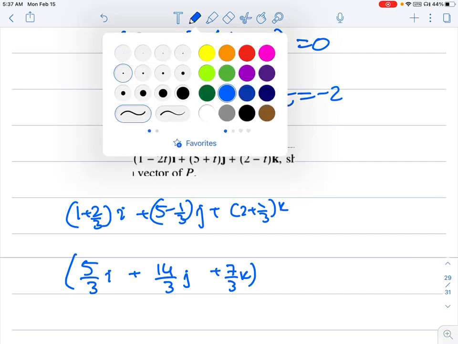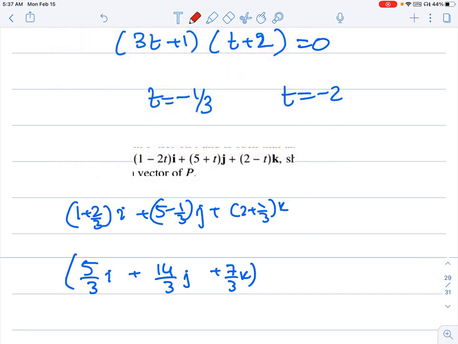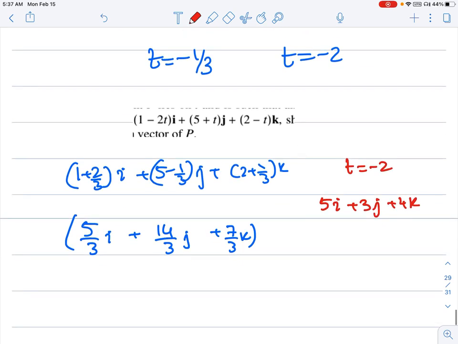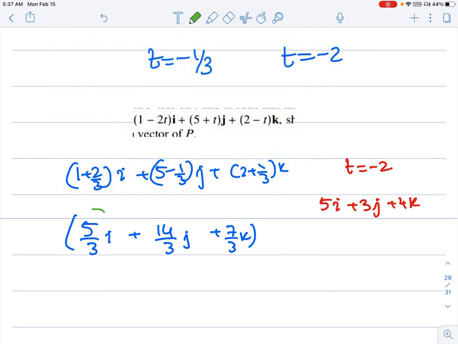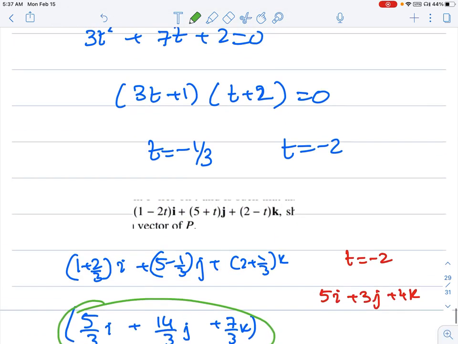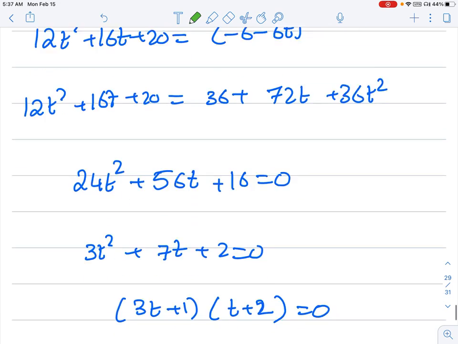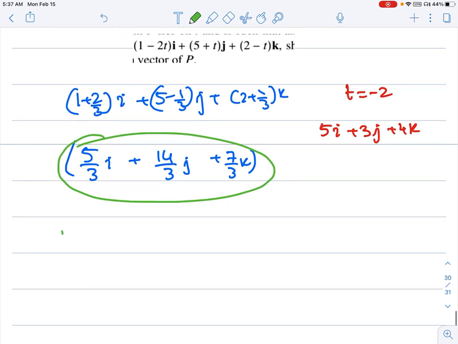Then if I plug in t equal to minus 2, I get 5i plus 3j plus 4k. Now when I substitute this value, 5 by 3 plus 14 by 3 plus 7 by 3, this is the P value, and when I check cos theta, our answer should be